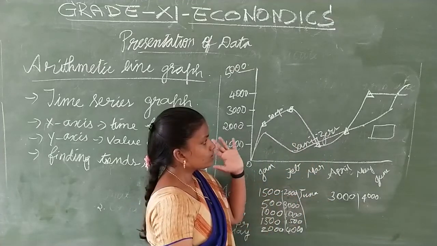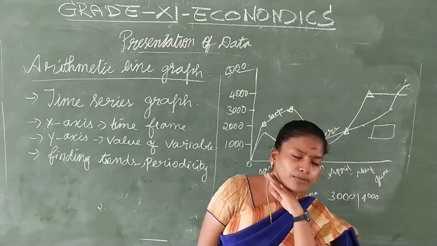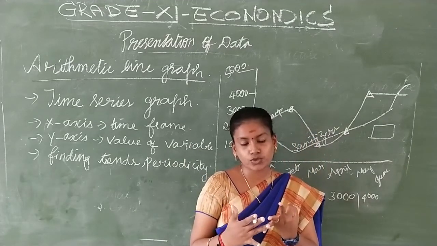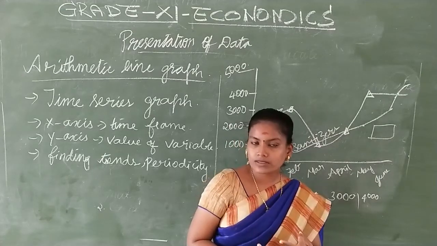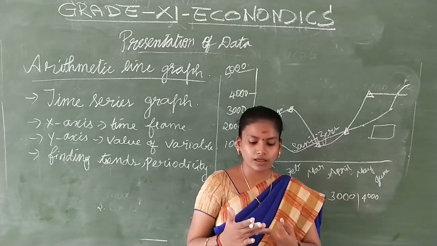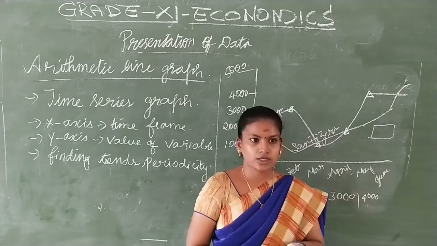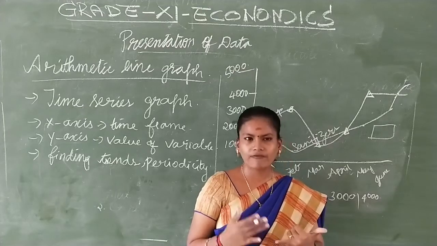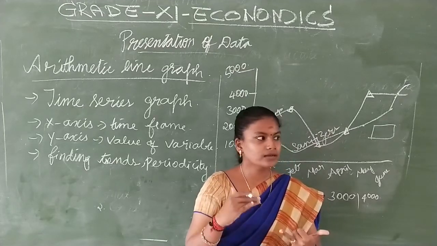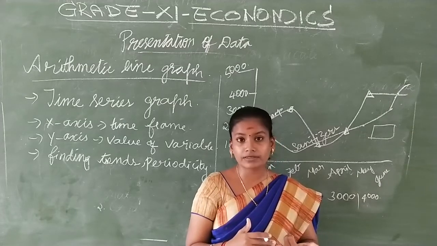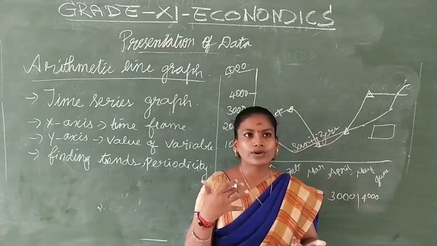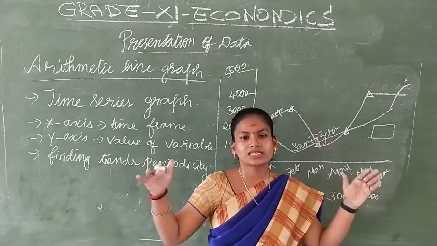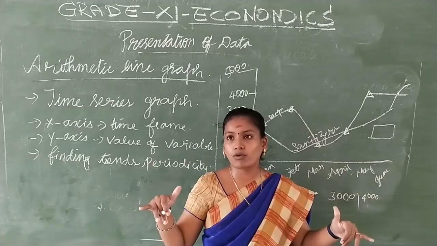Right, children? So what are the various things we have discussed about presentation of data? We spoke about three forms of presentation of data: the textual or descriptive, the tabular form, and the diagrammatic presentation of data. Textual is where data is presented as text; for less data you can use that. Second, in tabular presentation, we spoke about the various parts of a table. Then finally, the diagrammatic presentation itself has various classifications.